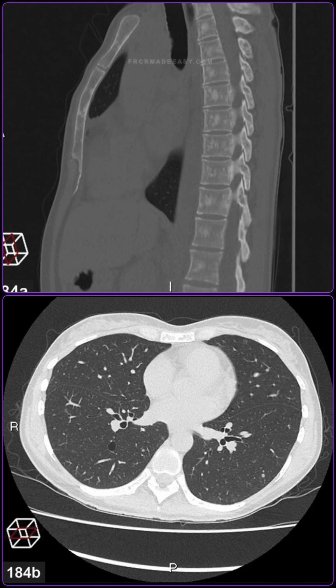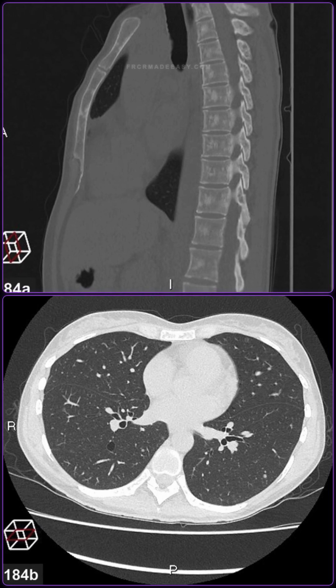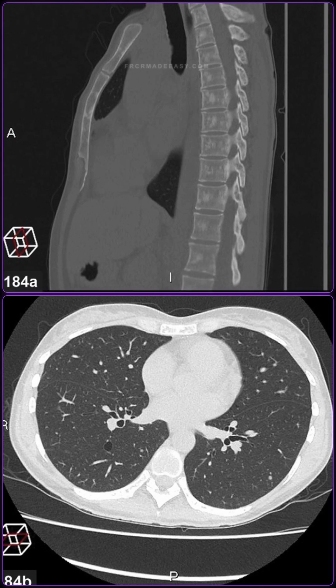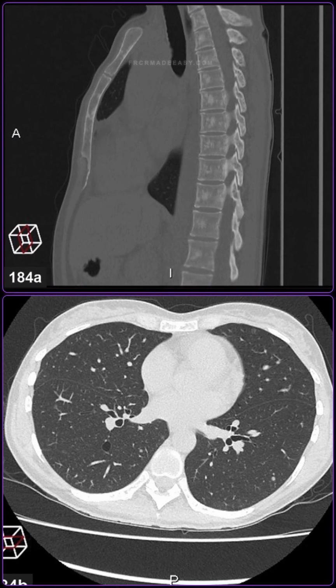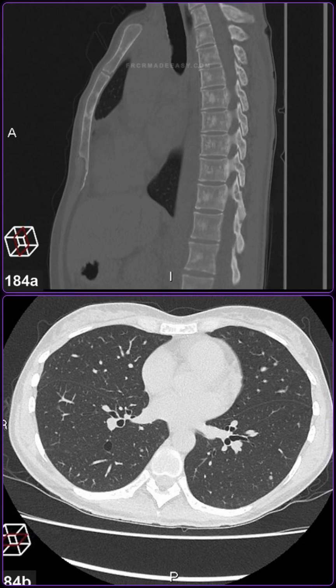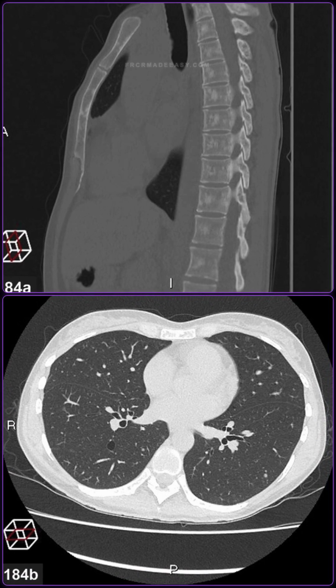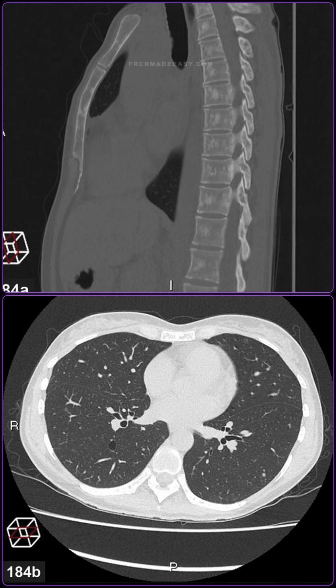The sagittal thoracic CT in bone windows demonstrates multiple well-defined sclerotic foci within consecutive vertebral bodies and subcortical regions of the sternum. Several of these sclerotic lesions contain small central lucencies, but there is no vertebral height loss or associated paraspinal soft